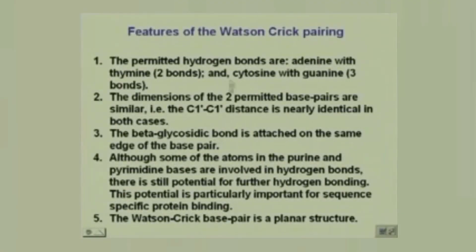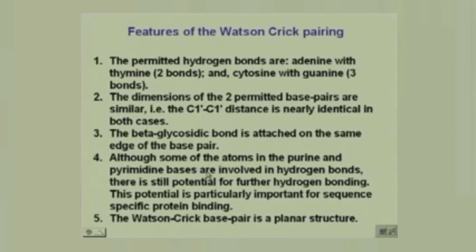Okay, so now I've just listed here the features of the Watson-Crick pairing, because it is going to help us in looking at the distances. We have 2 permitted hydrogen bonds between adenine and thymine, 3 permitted hydrogen bonds between cytosine and guanine. This is something we have seen. The dimensions of the 2 permitted base pairs are similar. The C1' to C1' distance is nearly identical in both cases. The beta glycosidic bond is attached on the same edge of the base pair,